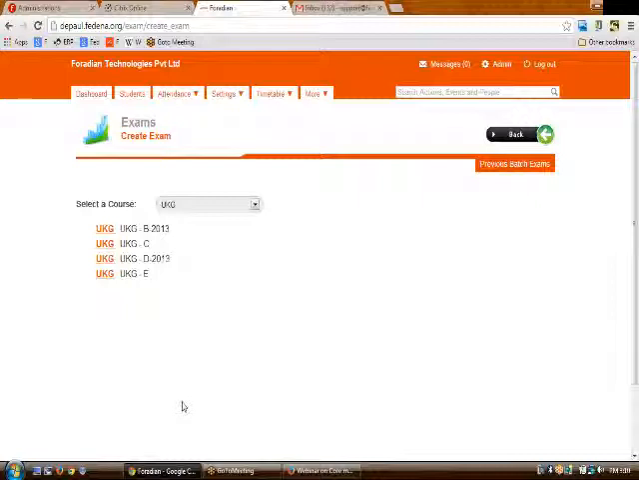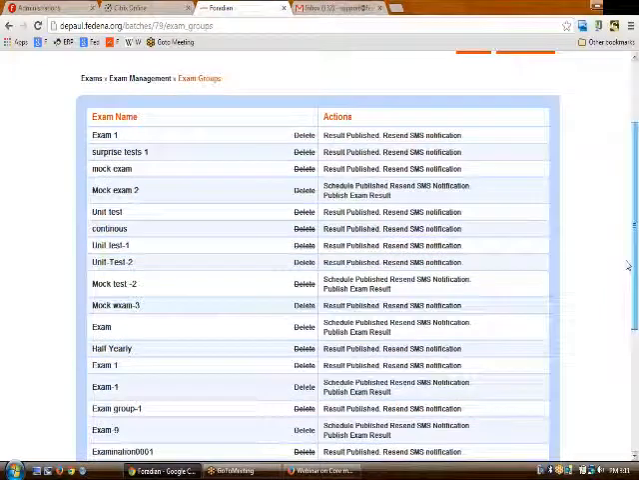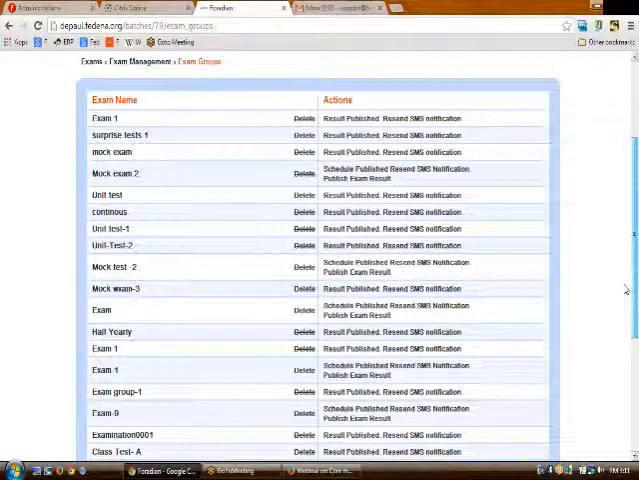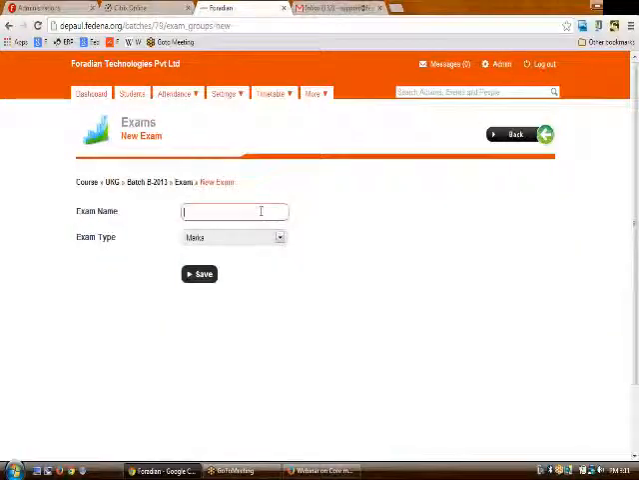After you have selected the course from here, you need to select the batch, and then on selecting the batch, you will be able to see the list of all the examinations created to date. You need to create the examinations from here, and to create an examination, you need to click on this button which says new. In new, you need to name the exam group. Let us say I'm naming the exam group as exam P,